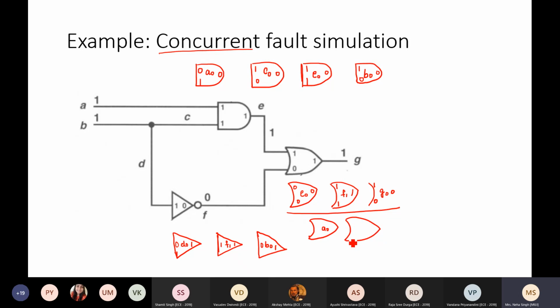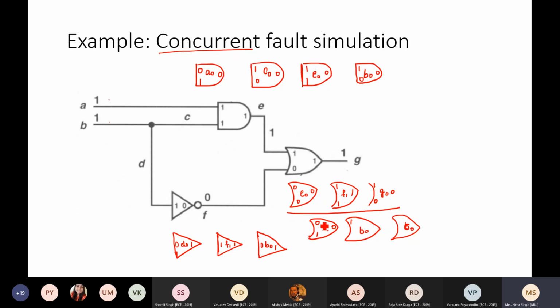A stuck at 0, B stuck at 0 and C stuck at 0. A stuck at 0 है तो इनपुट क्या बनेगा? 0 1 and the output will be 0. B stuck at 0 है तो इनपुट बनेगा... ओह सॉरी, A इक्वल टू 0 है तो इसका इनपुट क्या बनेगा? A equal to 0 तो input of AND gate is 0 1 so the output here is 0